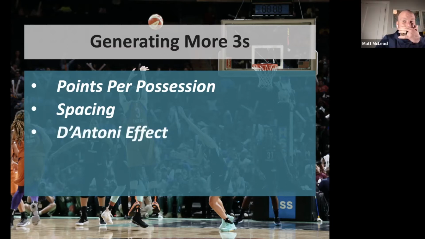The next thing is this. I call it the D'Antoni effect. It's not hard to do a little research and figure out that many players, especially role players, have their best statistical seasons when they played for Mike D'Antoni. If your players know, hey, the better three-point shooter you are, the more we're going to want you to take shots in the games, that's going to motivate them to work on their game on their own. It's going to free them up to become better shooters, to become more creative. And all of a sudden, they're putting in more time on their own on these things,